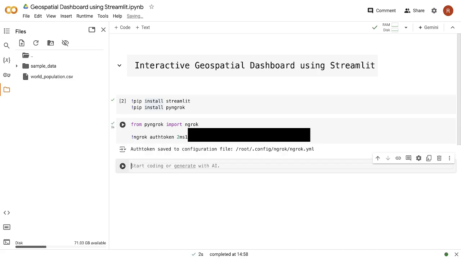And you will get this line that authorization token saved to configuration file, which means you have successfully connected your authorization token to your Google Colaboratory. Now due to privacy issues, I'm not going to show you my complete authorization token, and that's why I have hidden it. Next, what you have to do, you just have to say here URL is equal to ngrok